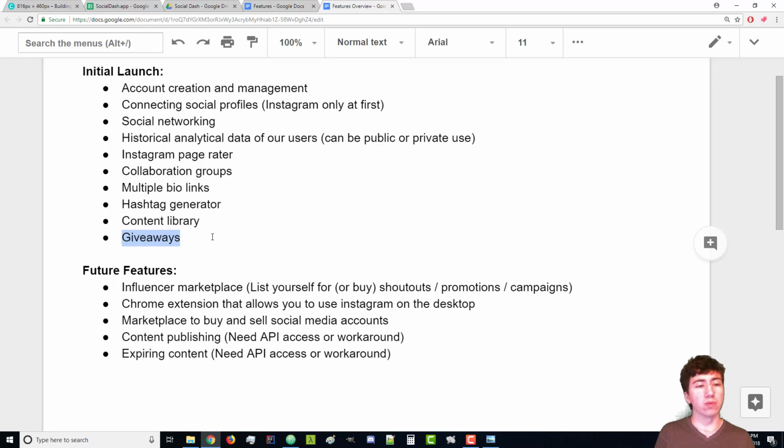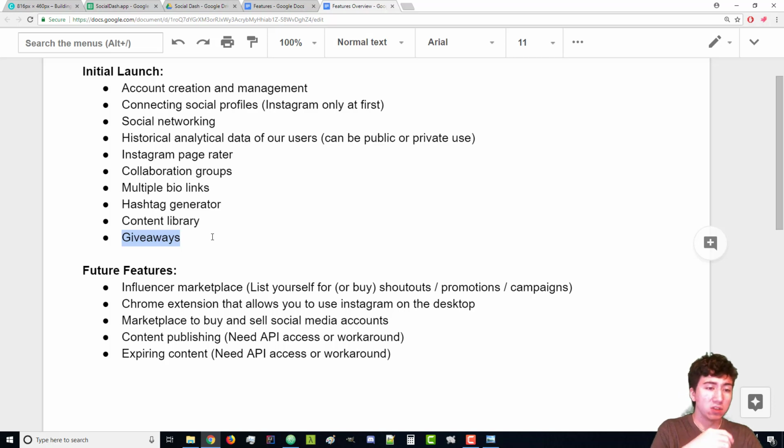So what we have to do with giveaways is slightly limited to what I would like to do, but pretty self-explanatory. You can set it up so you post and then the giveaway will understand that that's a giveaway because you'll tell it. In the dashboard, you'll specify the requirements to enter the giveaway, like you have to reply to the post, that's all. So in your photo or in your caption, you can say, reply to this post to be entered. And then our app will understand that and take everyone's Instagram IDs who replied and put them into a pool. And then you can select a random winner or winners whenever you want.